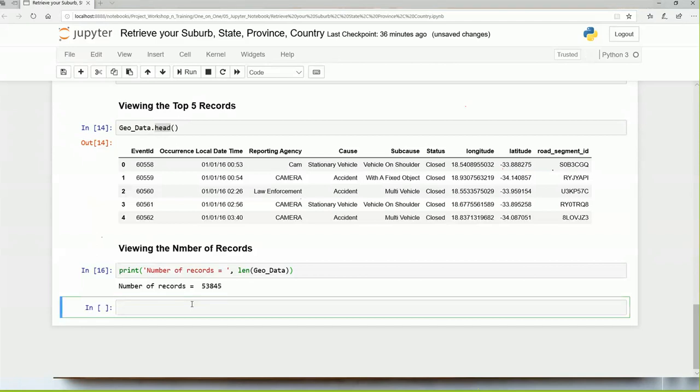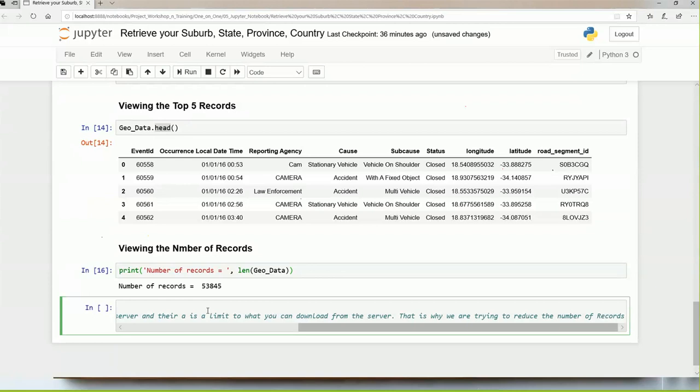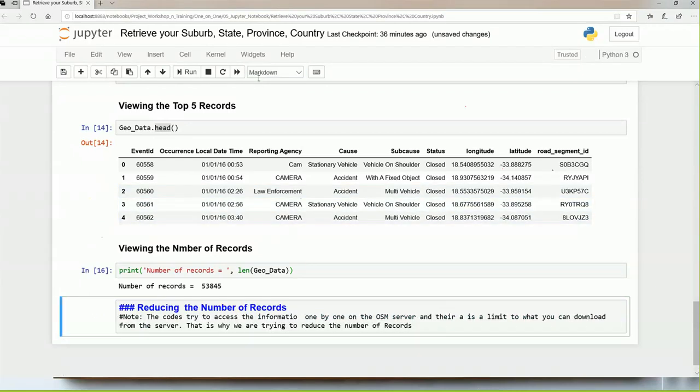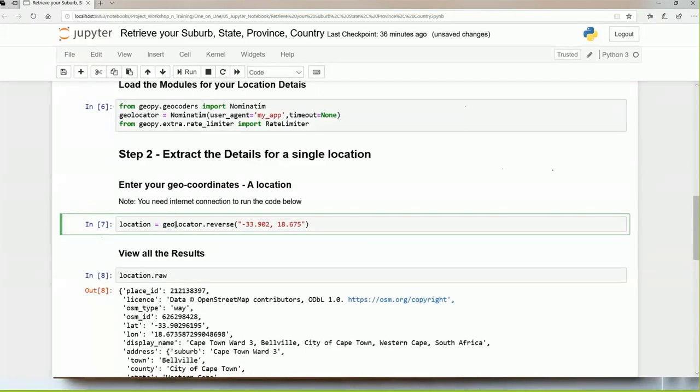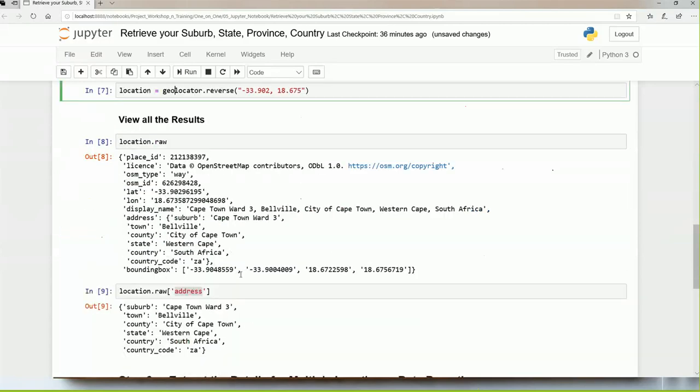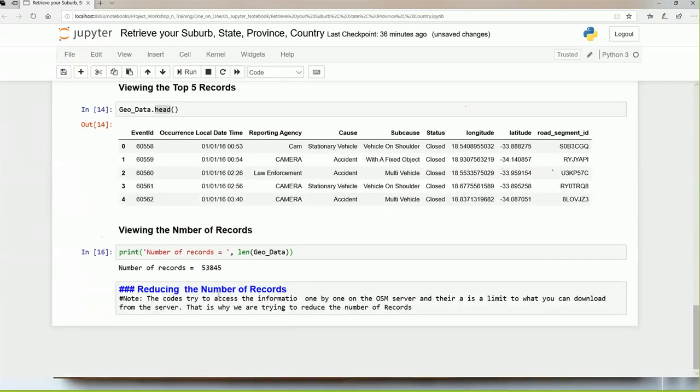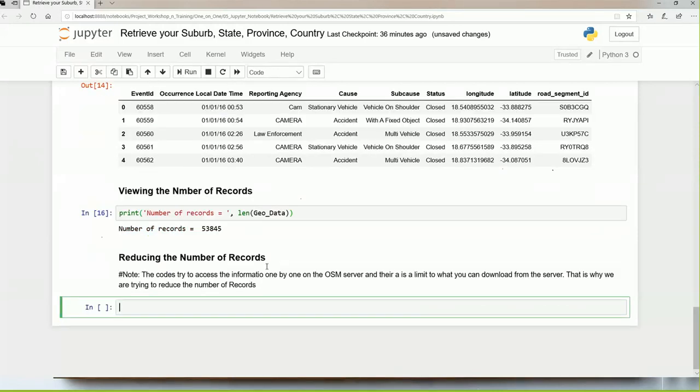So now we want to reduce the number of records. You must note about getting this additional information is the fact that you are accessing a server. You are making a request each time I run something like this. I'm making a request to a server. That's why I said the other time you need internet access to be able to work. So now the implication of that is that